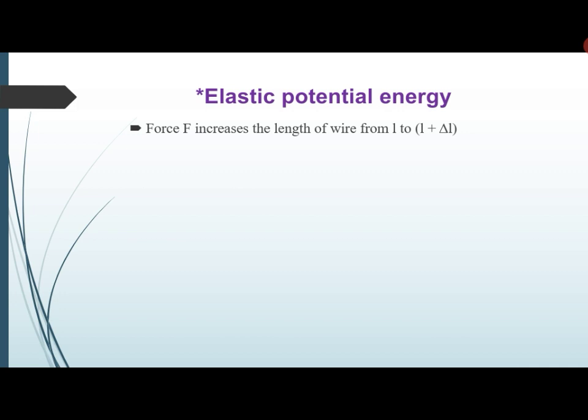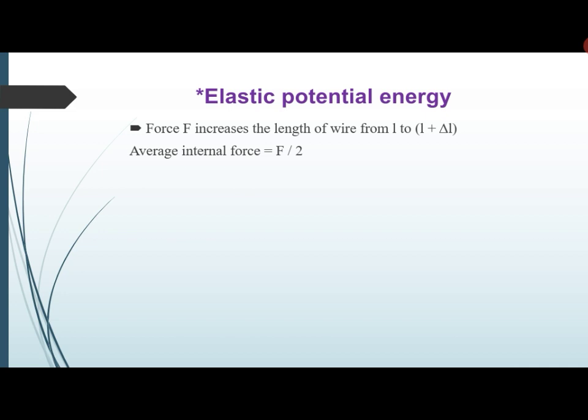Now, let the force F be applied on the wire, and that force is increasing the length by the amount delta L. So the increase in length is delta L, and the new length of the wire becomes L plus delta L. Now the average force, that is average internal force acting on the object, is F by 2,